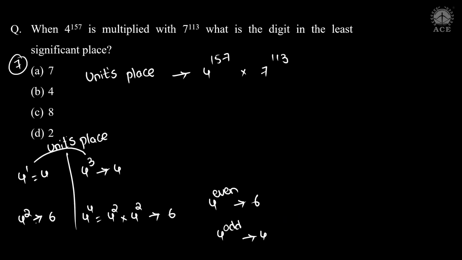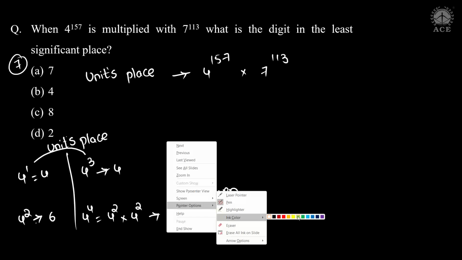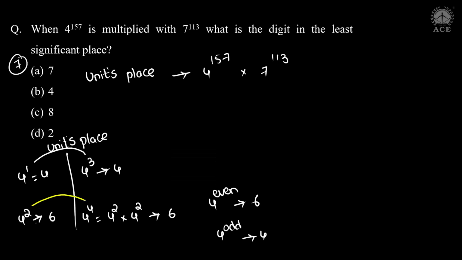So here odd number, and here even numbers. 4 square, 4 power 4, we have an even number here. 4 power 1, 4 cube is an odd number, so ending with 4. So here 4 into, now 7 power